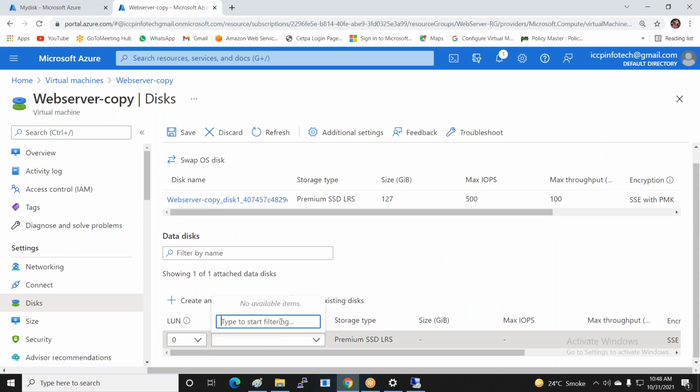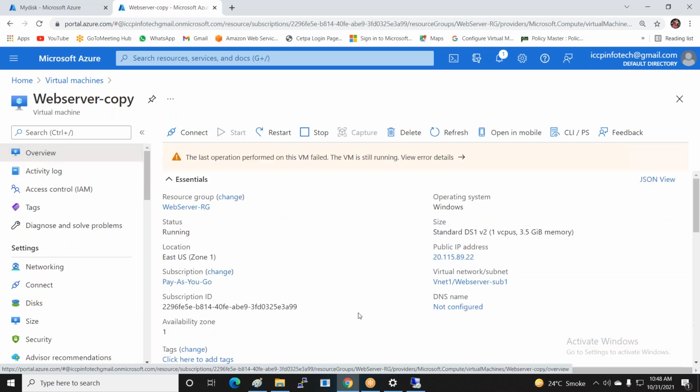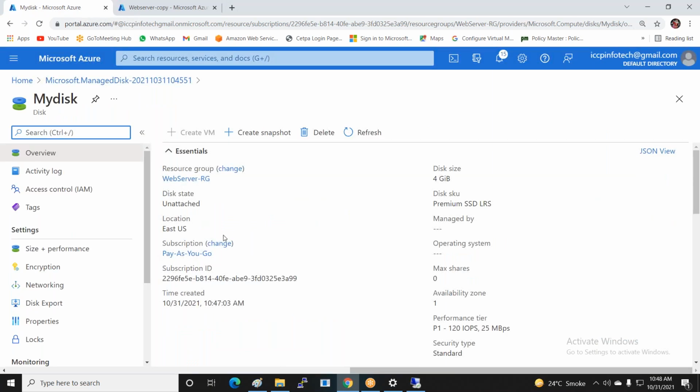There's no disk available. Why? Just a minute guys, wait 1 minute. I click on the overview of this web server. Is it available in zone 1, or in which location did I create the disk? Oh no, availability zone 1 is available.